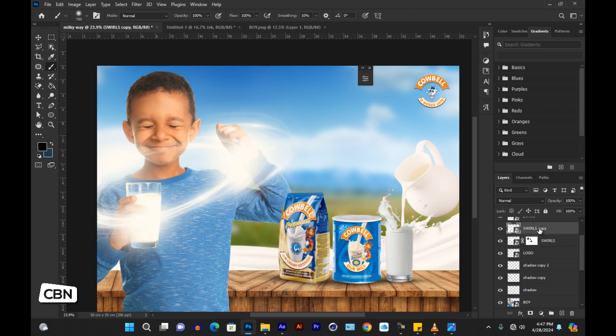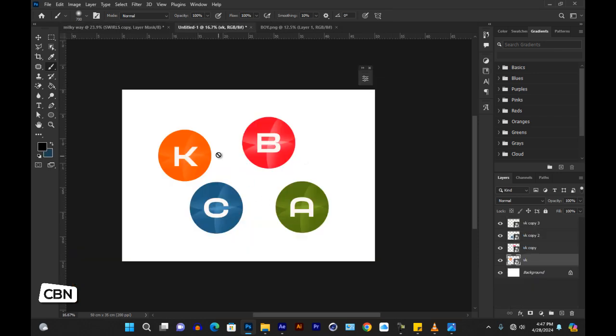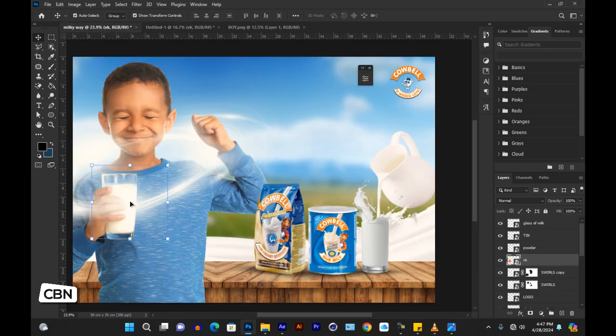Now when you come to the second swirl, I was hiding it right now. For the second swirl, we'll create a layer mask for it. Go on brush, reduce the size, and erase some portions just like this, so that it will not look as if we are abusing the effect. All right. So the next thing that I'll do, I'll come to this and bring in that kind of vitamin